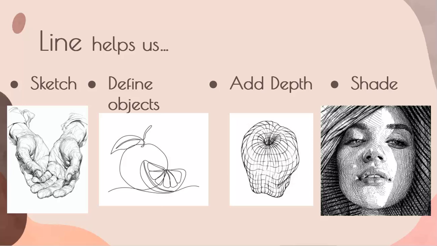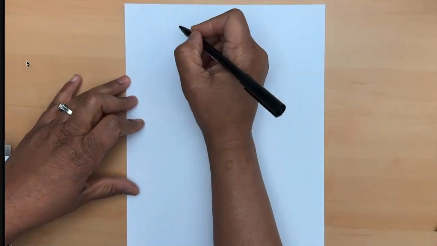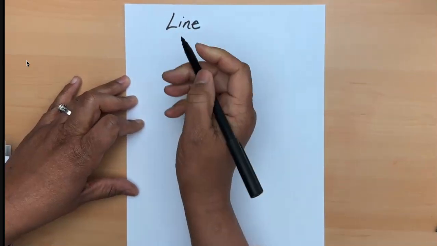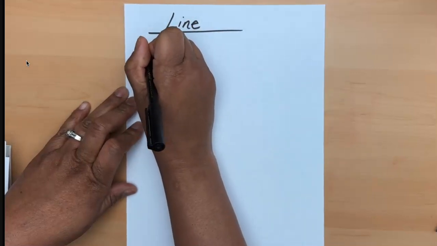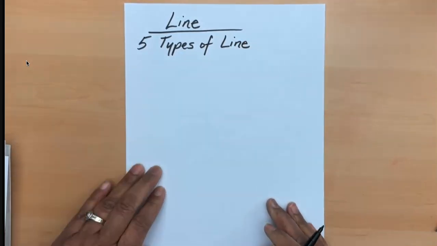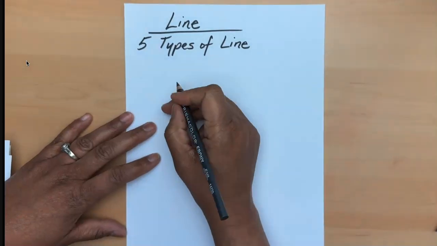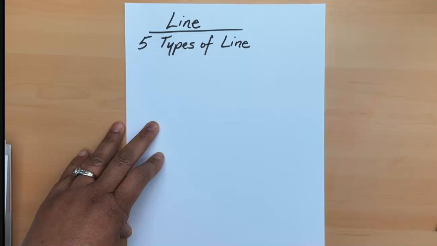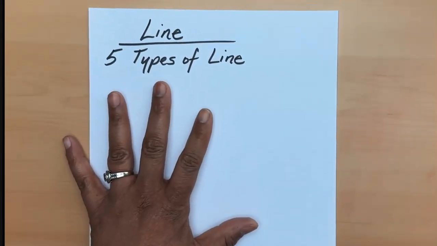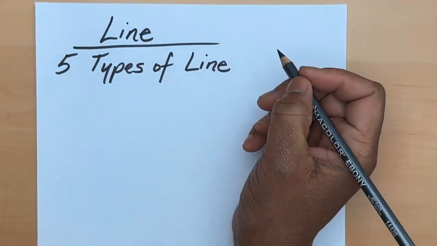Today we are going to be drawing some examples of the 5 different types of lines and highlighting what type of mood or emotions those lines actually convey. So we're going to start out by labeling our paper with the word line. You already have the definition in your notes, and then you're going to write 5 types of line. And I'm just going to zoom in a little bit. Okay, so the 5 types of line are